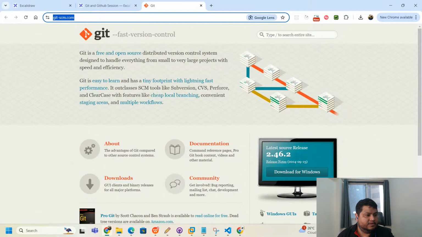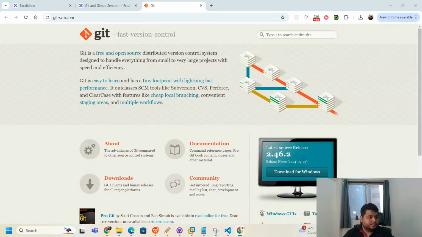It's a very small software. Okay, once you have installed it, next